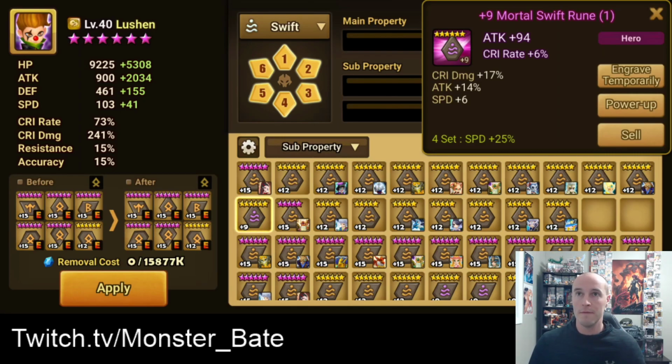I probably shouldn't be focusing on a Swift set to make them faster. I should look for a damage dealer set that has decent speed that will assist me with the speed tuning. So hopefully that makes sense. But mainly for a Swift set, you obviously want speed. You want to have the fastest Swift sets possible,